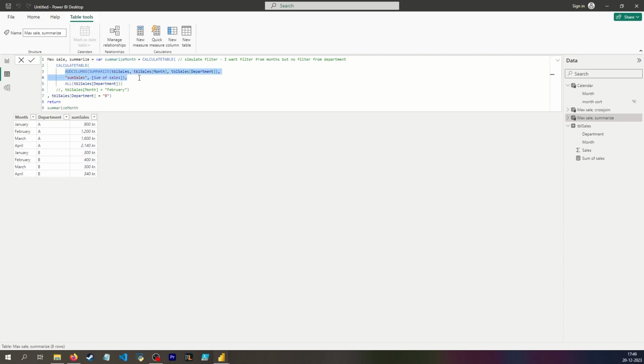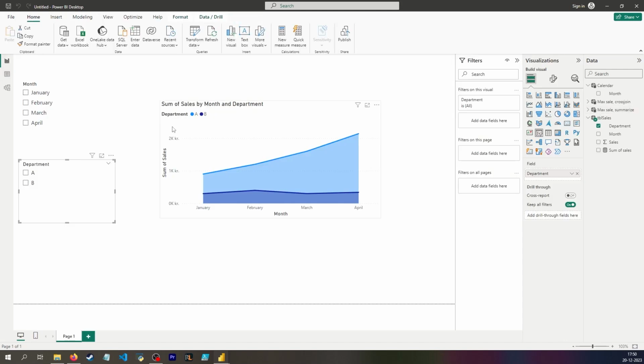So I have an inner table which generates my summarize. Then I have this medium table, so to speak, which is then saying calculate this table, but ignore any filter that comes from outside and affects the department column. And then I have my outer calculate table, which is simulating a filter applied to department. But because this inner calculate is saying, hey, ignore anything applied to department, this doesn't go through. And I'll follow up in video 56 to show how I then calculate my final measure, which will do what I've described here, to make the y-axis be independent of whether I select department. So yep,